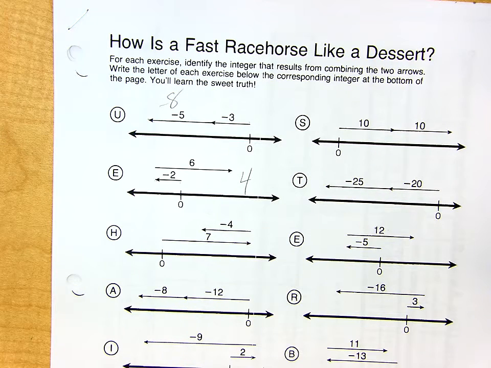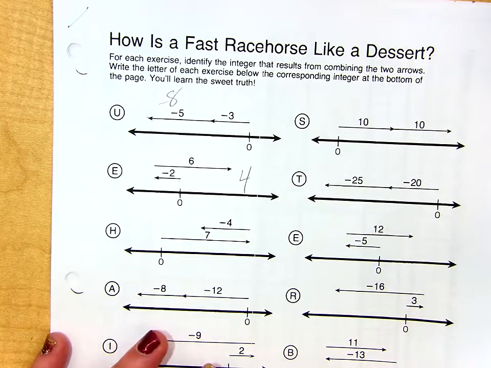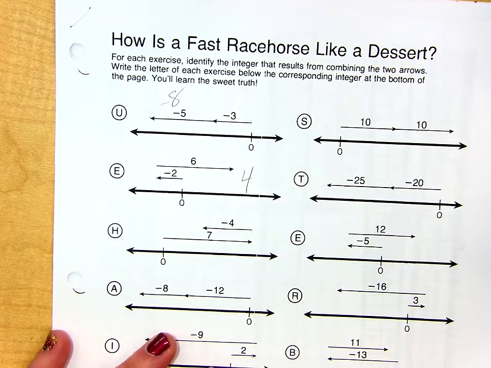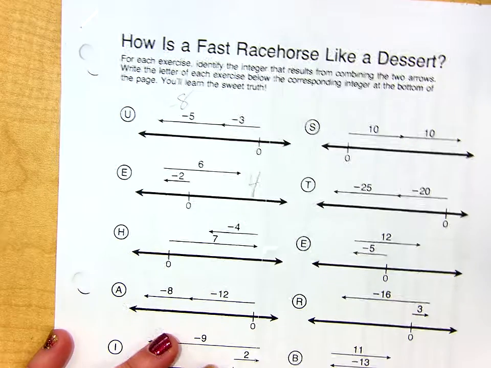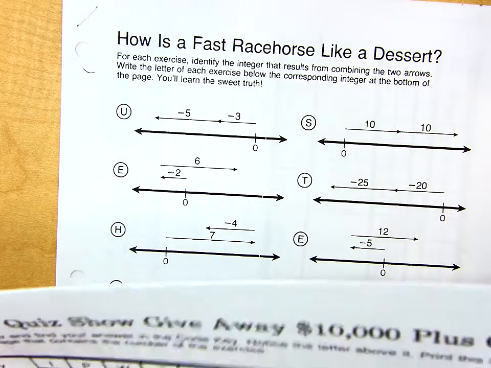Alright, guys. So, hopefully, everybody ended up finishing this first one. How is a fast racehorse like a dessert? It's a sure bet. Instead of sherbet, sure bet. Right. They're not great, but whatever. It is what it is. Okay, so if you guys look at the one on the next page,